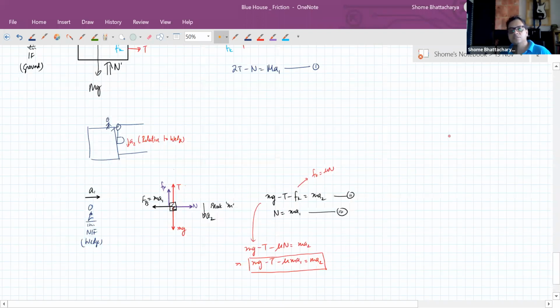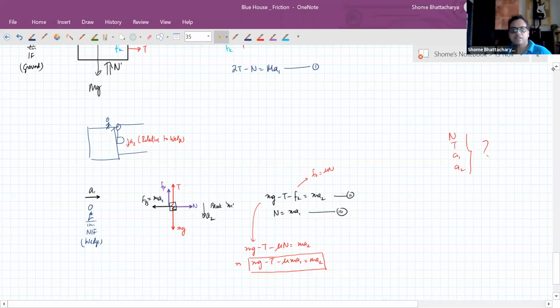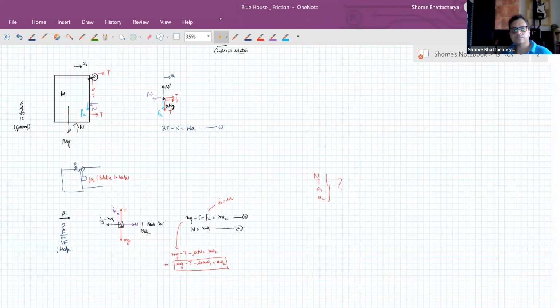So we still have as variables N, T, a1, a2, 4 variables, and we have 3 equations. So one additional equation is required. So where will that additional equation come from? That is nothing but the constraint relation. Okay, there will be thread length conservation or virtual power, whichever you want to apply. So there is a constraint relation. Okay. So additionally, there is a constraint relation which you can understand like this, that